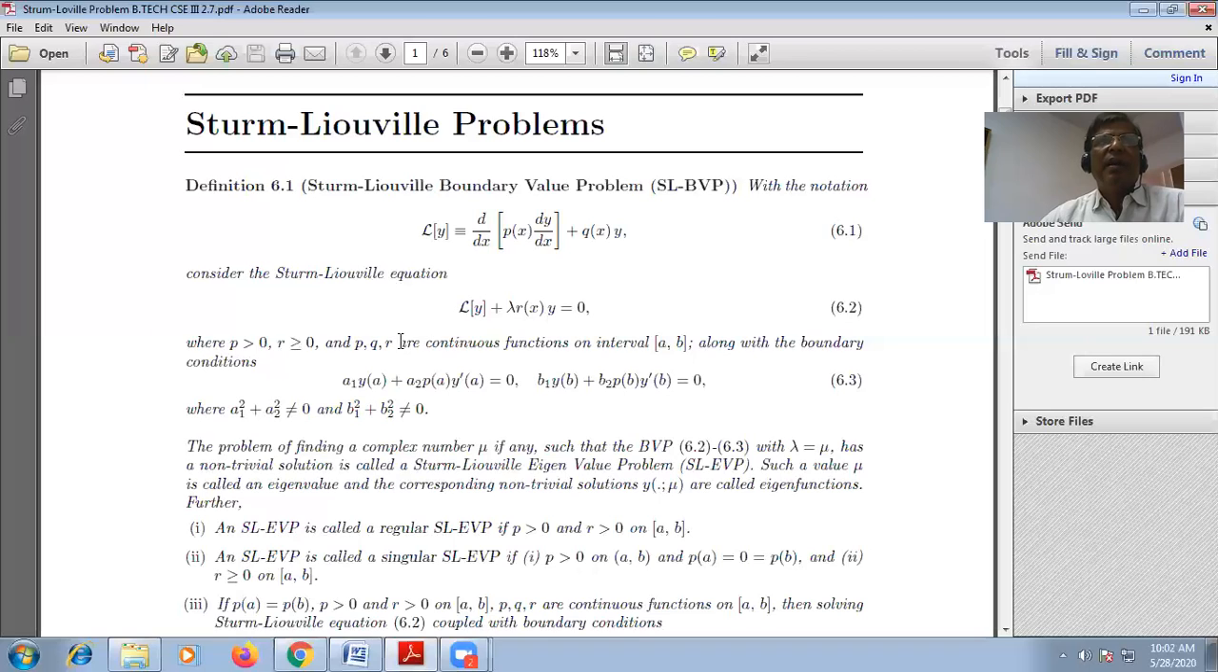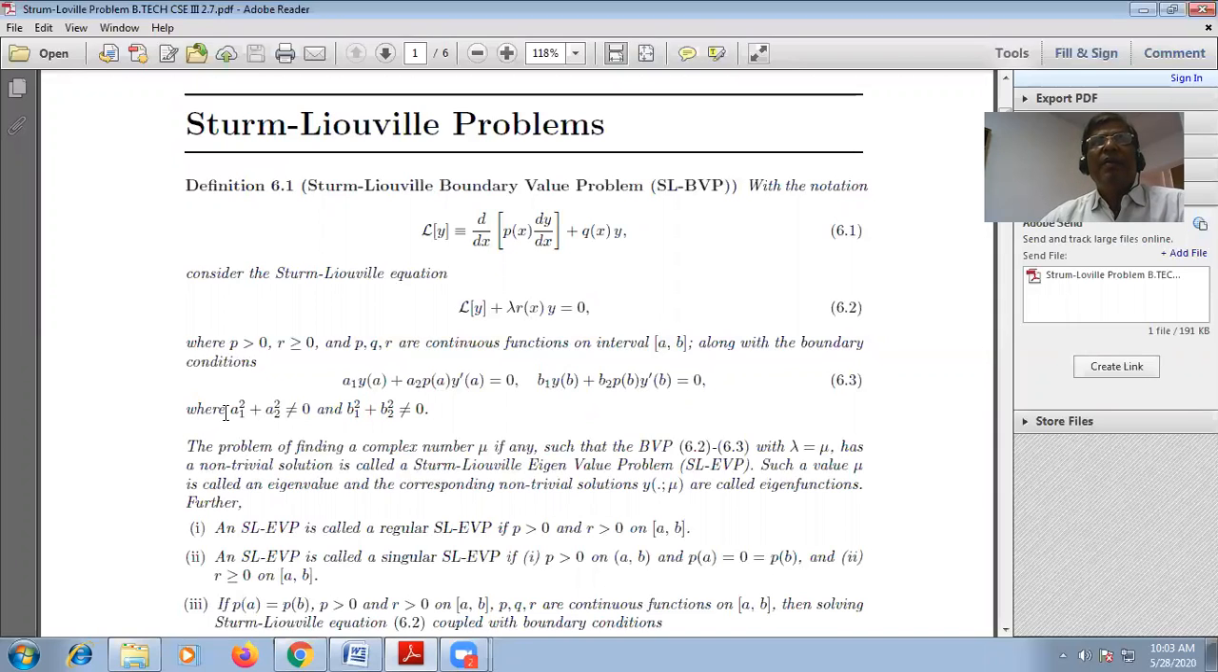And p, q, r are continuous functions, meaning for these functions you are going to find the left hand limit, the right hand limit, and the value of the function in the given closed interval [a, b], along with the boundary conditions. The conditions are: a1 y(a) + a2 p(a) y'(a) = 0, meaning the derivative of the function at the point a. This is the boundary condition. Another boundary condition is b1 y(b) + b2 p(b) y'(b) = 0,